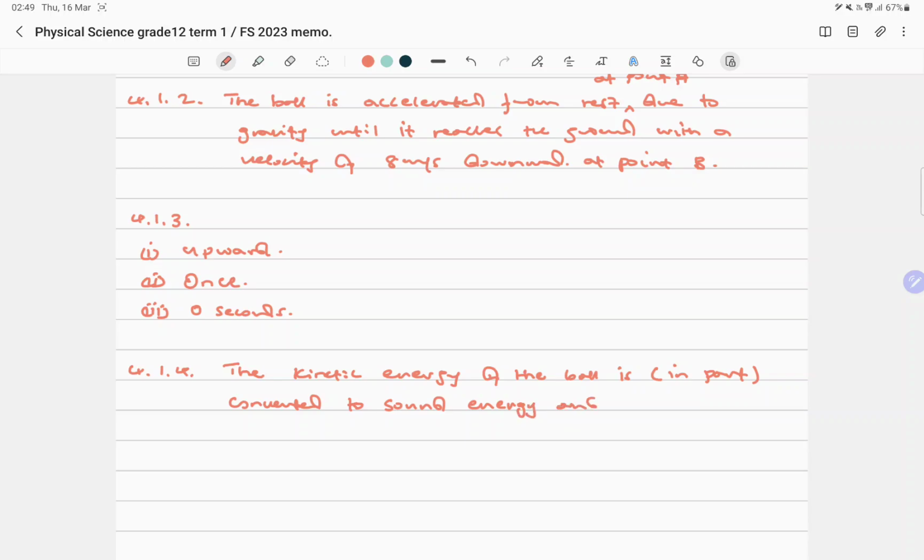Converted to sound energy and deformational energy, if there's such a word. But in any case, what can we explain it by? It deforms, therefore we'll say deformational energy. So we can say, hence,